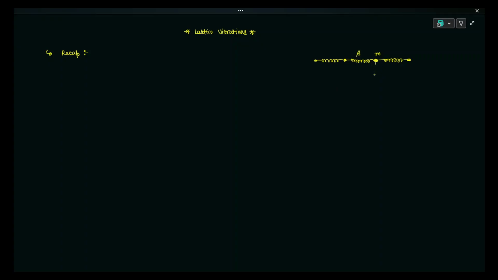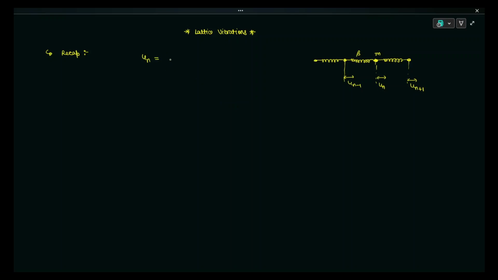In the state of displacement, each atom is slightly disturbed from its mean position with an amplitude of un, so that its neighboring atom will also get displaced with amplitude un plus 1, and in the previous one we get un minus 1. So these were the displacements from the mean positions, and we have assumed the solution for these displacements as